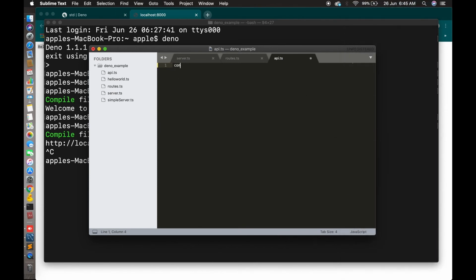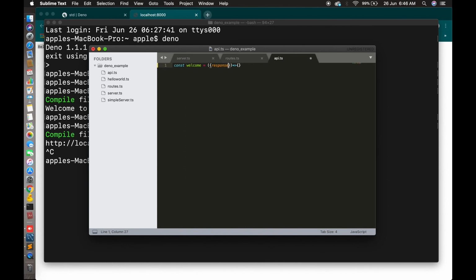So let's create a function now, const welcome. In welcome, I just have to take a response. This is the same arrow method you create in Node. This is the response object, and because this is TypeScript, you can also mention your type here.